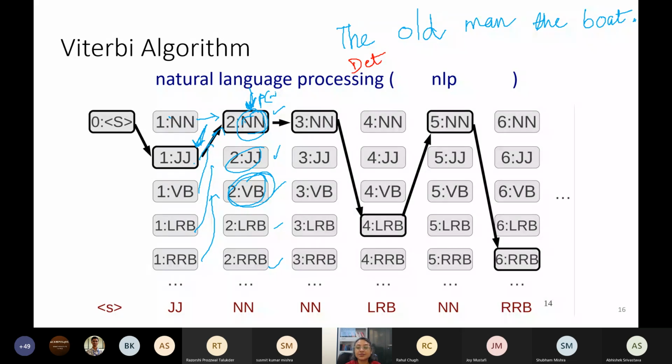So can you think of an interpretation of this sentence? You have to find the verb in the sentence. What is the verb? "Man" is the one. Right. So in this sentence, "man" will be the verb. And then "old" will be noun. "The" is determiner and "boat" is noun. So if you look at the entire sentence, the best possible interpretation is "old" is noun, "man" is verb, "the" is determiner, "boat" is noun. When you look at the global sentence, you can find the best possible tag sequence.